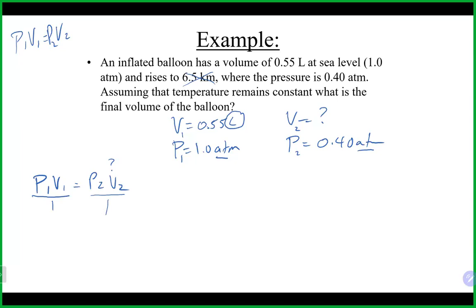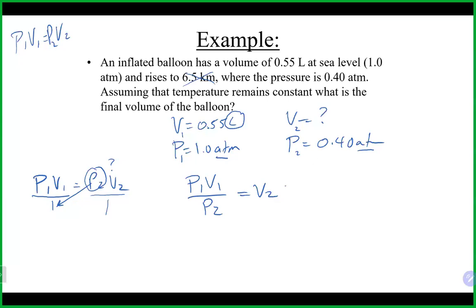Although these are not really written as fractions, you could think of them as a fraction. I need to move my P2 to the other side, so I could just take this and drop it to the bottom, and I'll be in business. P1 V1 over P2 is equal to my V2. So again, things always move to the opposite side of the equal sign from where they started. Remember as well that whatever you're solving for needs to be on the top by itself. It can't be on the bottom, otherwise that's the inverse of it.